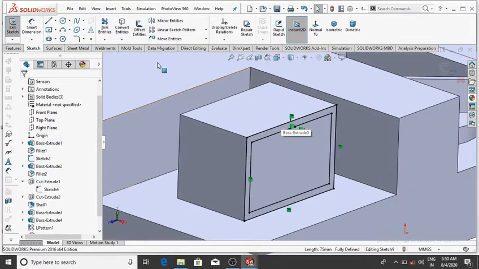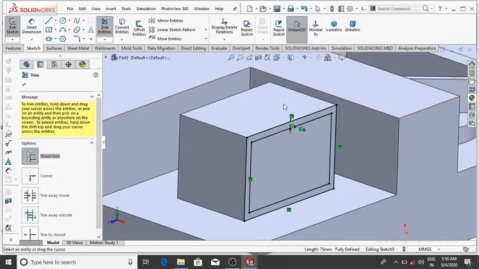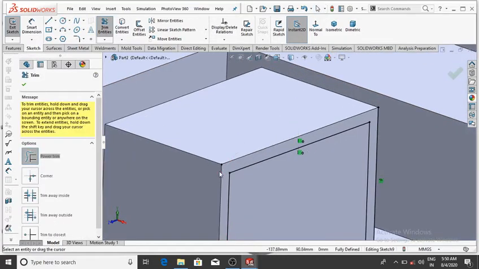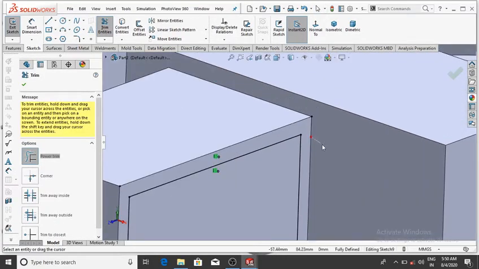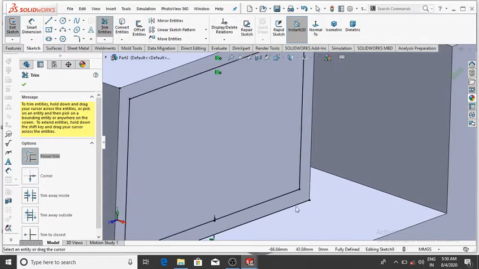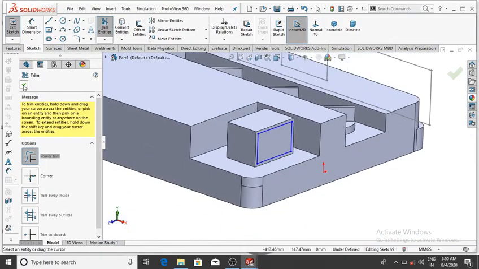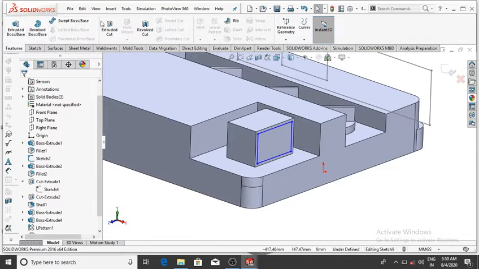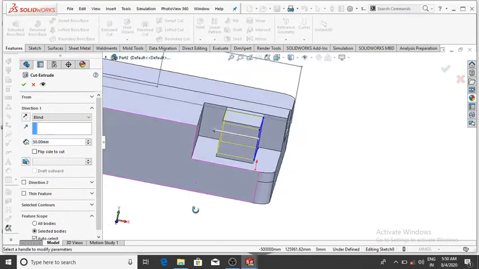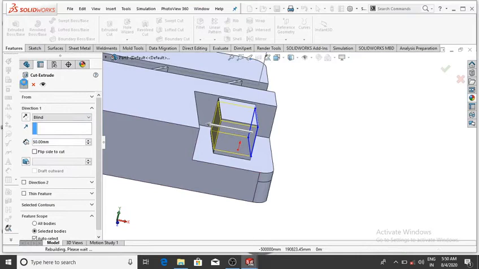And now trim this sketch, select this and up to this, and go to the feature and select extrude cut, extrude cut up to this.